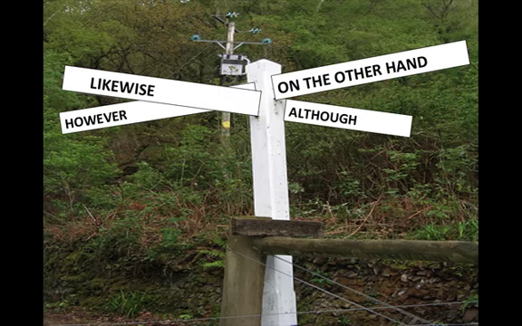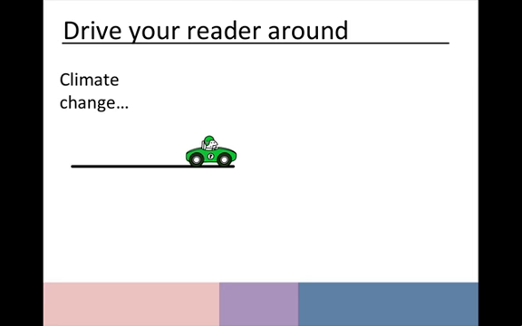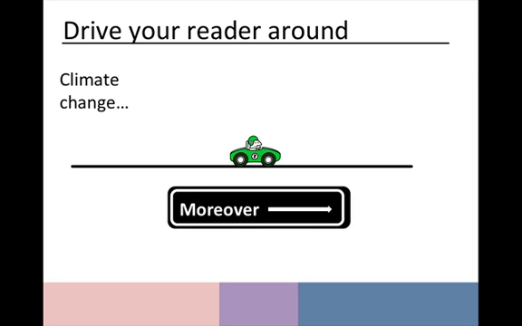Signposting terms such as likewise, although, however, and on the other hand are generally placed at the beginning of a sentence and direct the reader through your ideas, expressing changes of direction in your discussion. The use of signposting terms makes the flow of your argument much clearer to the reader, telling them how they